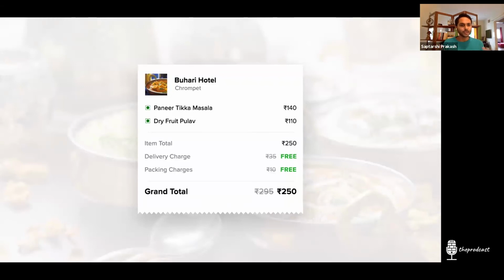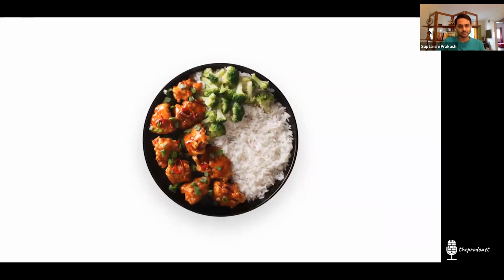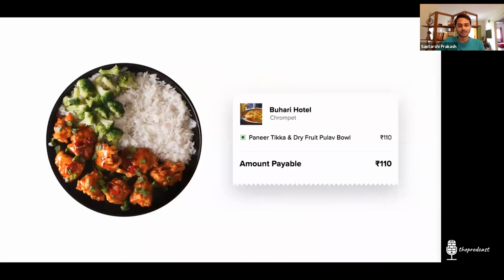So we figured out all these problems. We understood what certain kinds of users, single users who are transacting on our platform, want from meals. So we designed something for them. We said, okay, let's bring everything together as a package, and the bill can look like this. No extra charges, just the price of the item. And since it's curated for a single meal, we can also bring down the price, because it's just so much that you can eat for a single meal. It's efficient, no extra charges, and it fits one person completely.